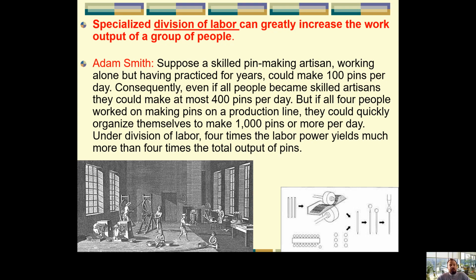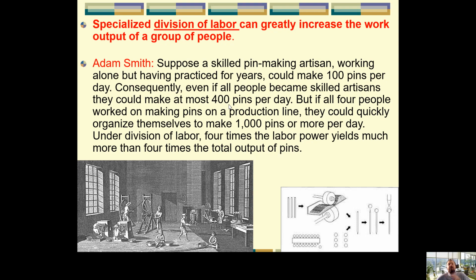So if there are 4 persons, per day they can produce 400 pins. But they produce 400